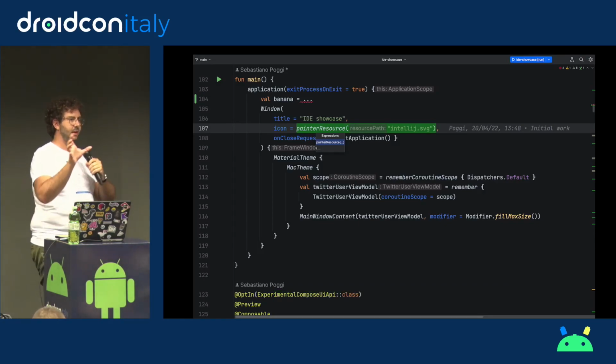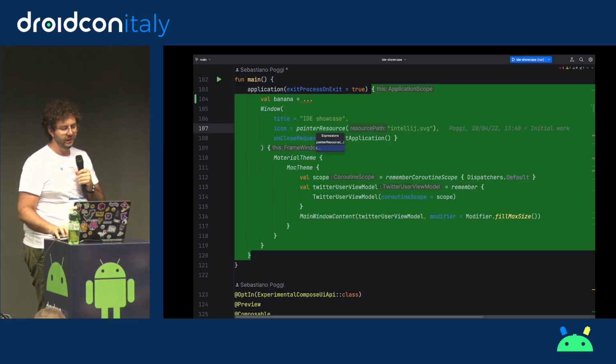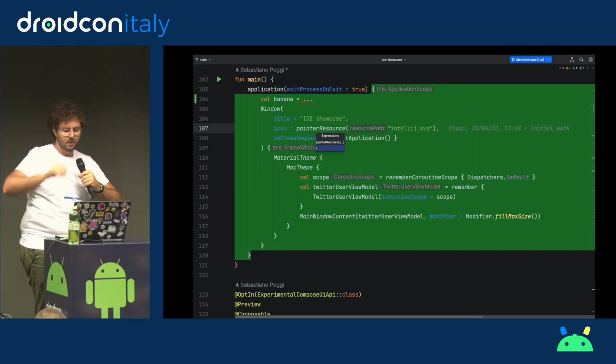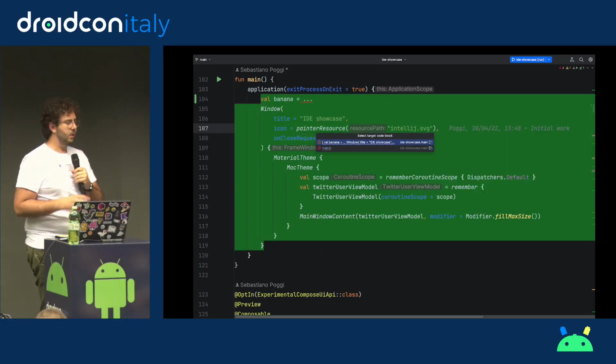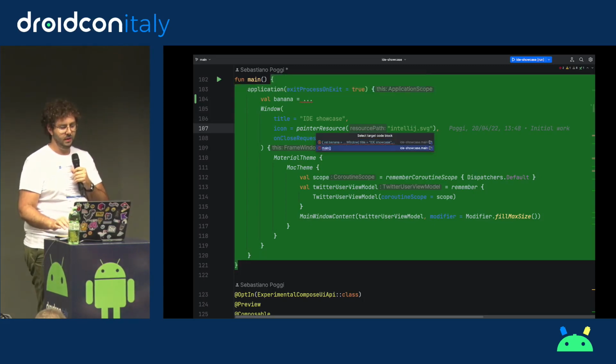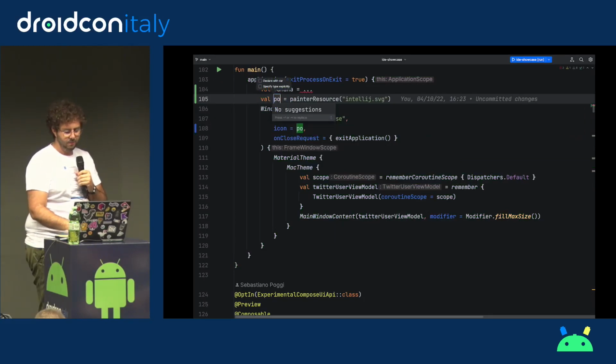That will select the current expression. If it's in doubt, it's going to ask you what exactly do you want to extract the variable for? Do you want the whole thing or just this specific expression? And then you confirm it, and it asks you, okay, where do you want to put it? Do you want to put it in this scope? Do you want to put it in this scope? And I'm like, I want it here. And I'm going to call it potato.